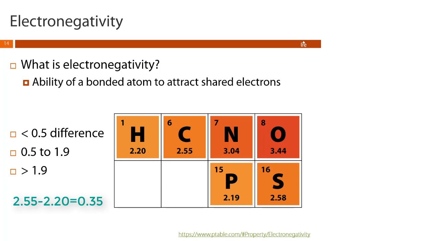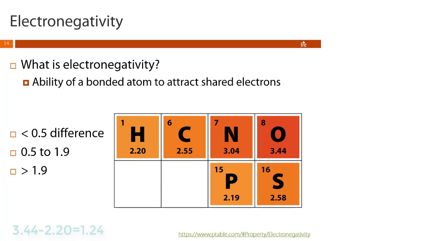So what that means is the shared electrons between this carbon and hydrogen are going to spend roughly equal time around both atoms. They're going to spend a little bit more time around the carbon, but for all intents and purposes, this is a non-polar bond. Okay, so if that electronegativity difference is between 0.5 and 1.9, something like we would have with oxygen and hydrogen,